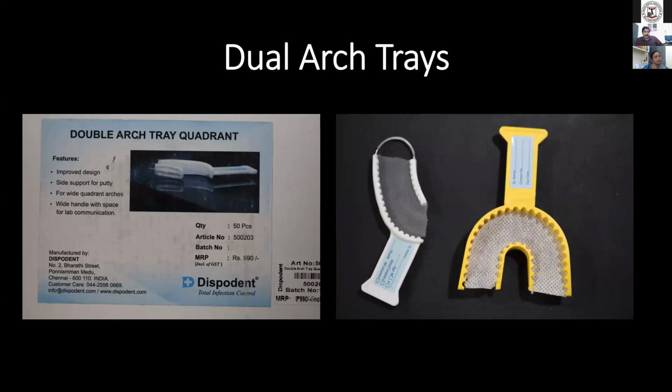In patients with third molar occlusion, there will be insufficient space behind the third molar to pass the rim of the tray. Here, it will be difficult to use a dual arch impression. Manufacturers have come up with a metallic rim which requires less space, which is more useful in such situations.